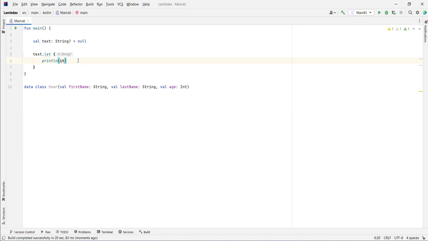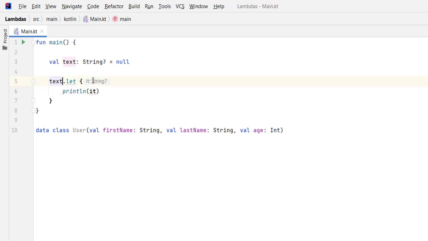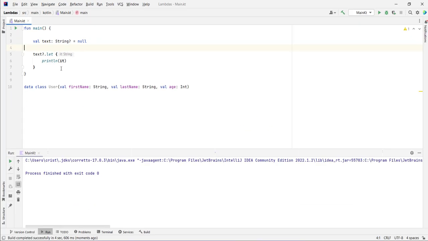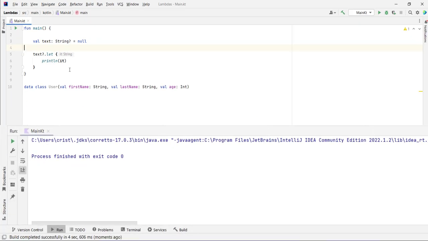And to avoid this, we need to use the let scope function along with the safe call operator. So we put at the end of our variable question mark dot let. What we're saying here is, let execute this block of code only if the value of this variable is not null. Now if I run this, we get nothing, because we said to execute the code inside the curly braces, the code inside the lambda, only if it's not null, and because it's null,